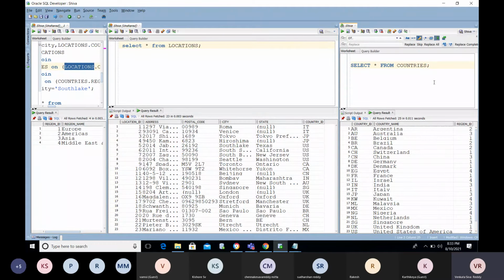We need to use both tables and we want the display. I don't know, Shiva. I need the output. Now I have the three tables like this, but I need the data.